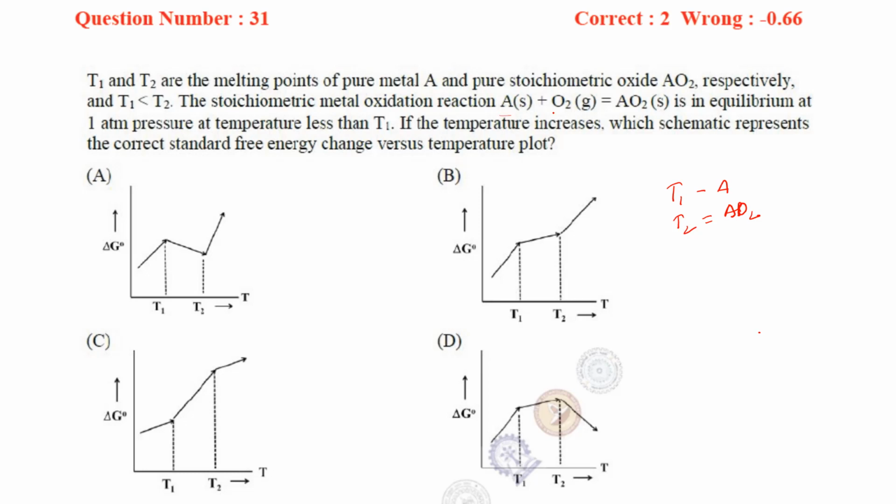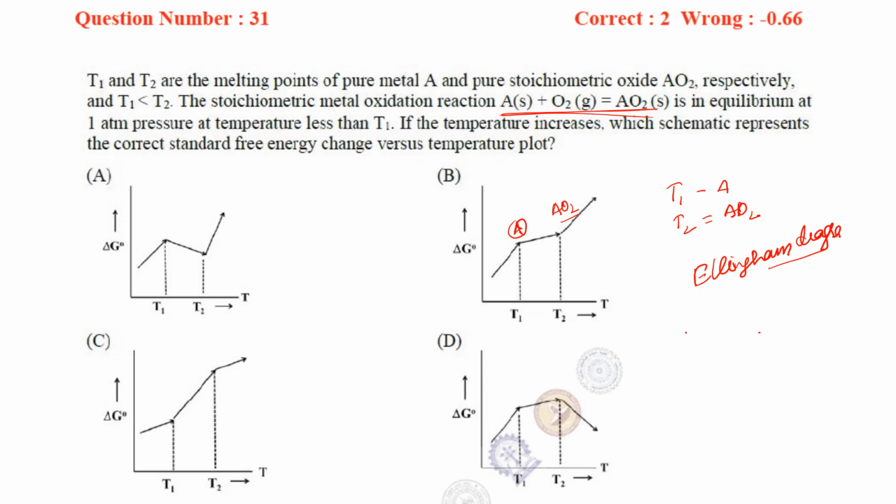Okay, this reaction is in equilibrium at 1 atm pressure, so it is occurring in a normal environment at a temperature less than T1. Okay, if the temperature increases, which scheme represents the correct standard free energy change versus temperature plot? Okay, so this is a problem of a simple Ellingham diagram. So we need to understand this is the melting point of A and this is the melting point of AO2,